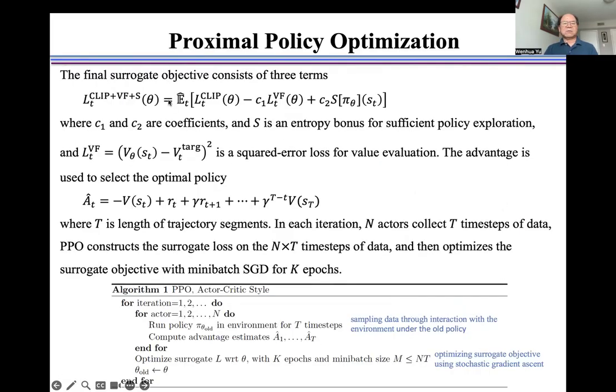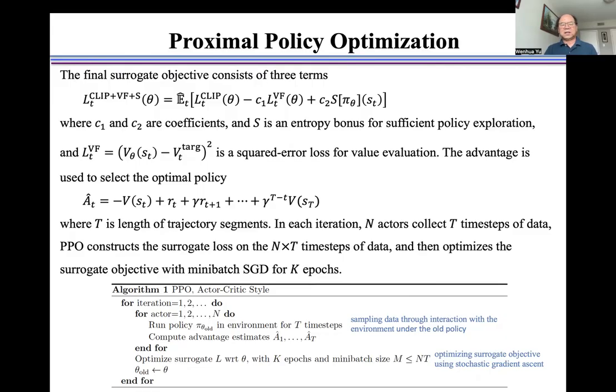The final surrogate objective consists of 3 terms, as shown here, where c1, c2 are coefficients. S is the entropy bonus for sufficient policy exploration, and L_t^VF is a squared error loss for value estimation. The advantage function is used to select the optimal policy as shown here, where T is the length of trajectory